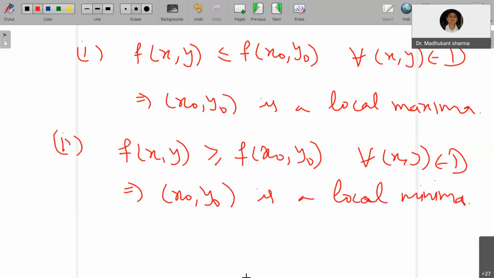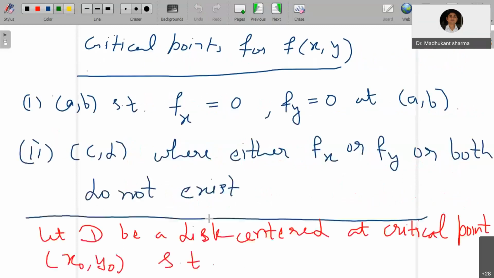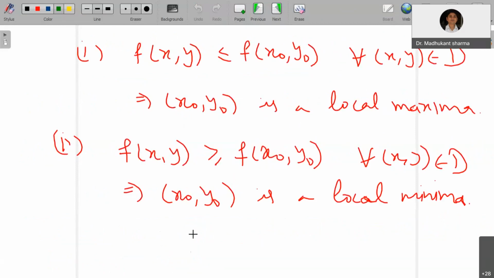We had also identified one more classification, known as the saddle point. If you are not able to identify any disk such that either one of them happens, then for every disk, whatever you take, centered at